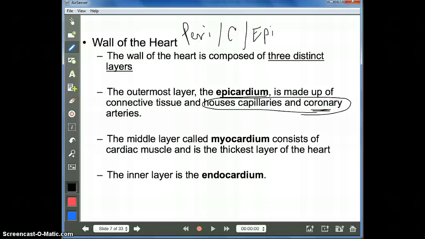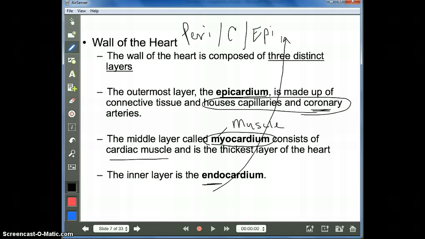The middle layer of the heart is the thickest of those layers of the heart, and that is the myocardium, myo meaning muscle. And then remember, it is a cardiac muscle, so it's involuntary, being controlled by your hypothalamus, your teller, and your medulla oblongata, your doer, sending out that electrical response to continue your pacemaker within the heart. And the last of the inner layer is going to be the endocardium. So if I go all the way back up, the endocardium quickly is the inner layer of the ventricles and the atriums you'll see shortly.